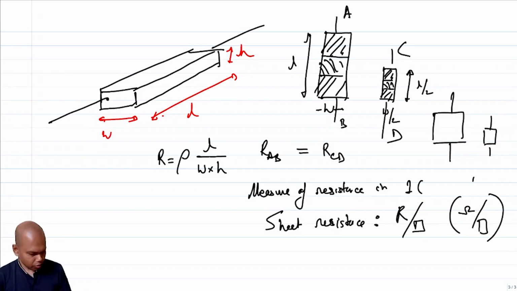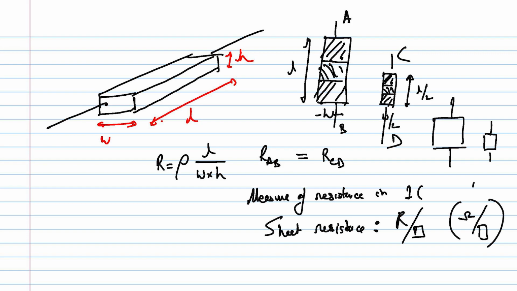So now that we know how to characterize the resistance of a wire, what options do we have to decrease the resistance? All we have to do is reduce the number of squares. And how do I reduce the number of squares? I have to make the wire wider and wider. That's something we already knew, but this is one way of formalizing it. But the issue is,